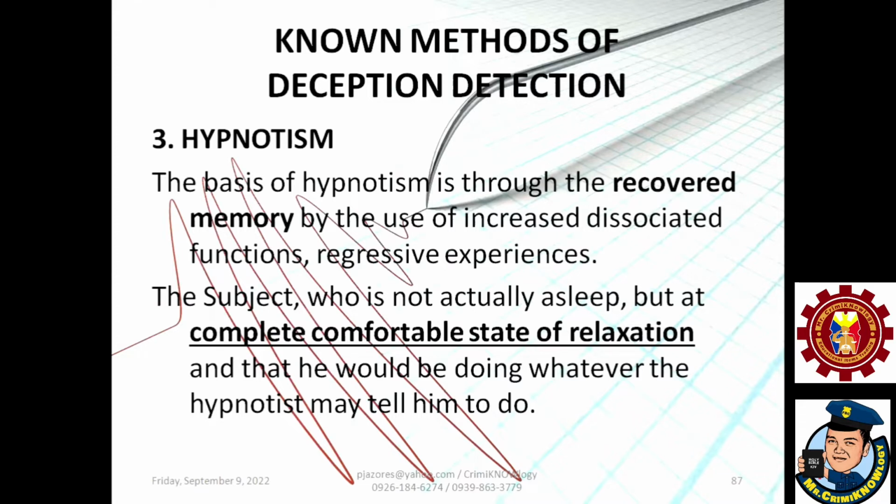By that, the subject can recover some memory, and those memories will be asked by the interrogator so that they can check if it has relevance to the case, or some information that can help or lead into detecting some deception or that can give information relevant in solving a